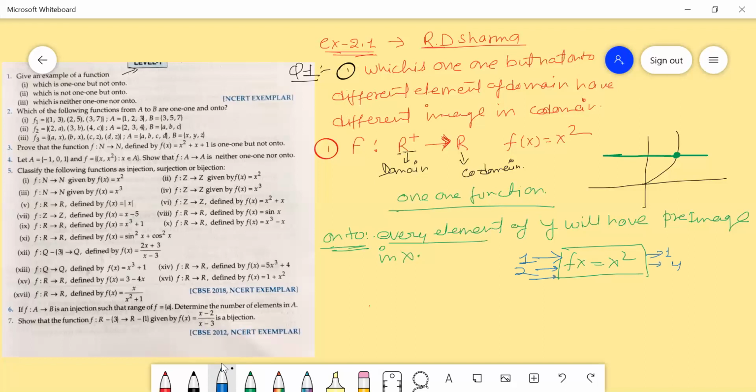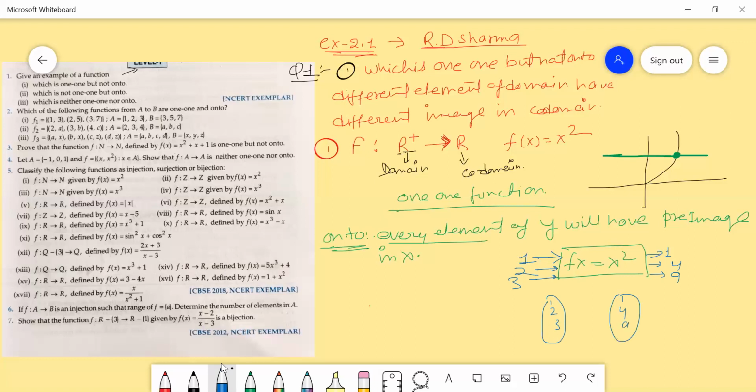When we take 1.1, the output becomes 1.21. Okay, so we can take decimal values also here. When we take 3, the answer is 9, all real positive numbers. So here 1, 2, 3, and here 1, 4, and 9.